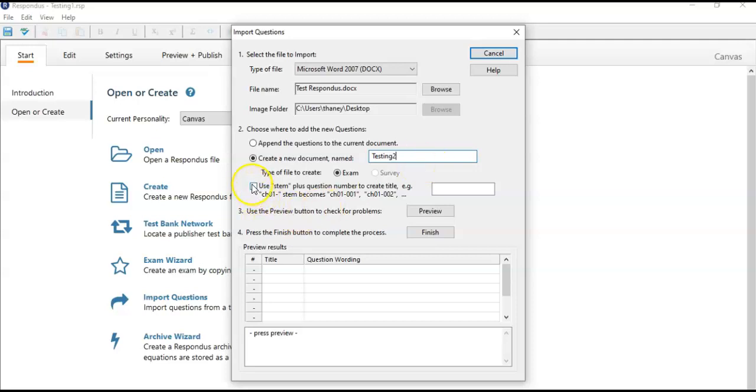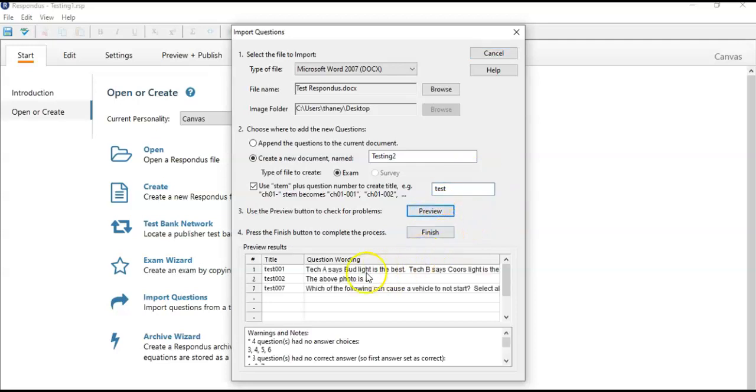So using a STEM is going to help us prevent having duplicate question types. Whatever you want to use there, let's just call it test. Now when I do that, every test question is going to start with test, and then it's going to give us that number. All right, so now we're back to where we were,